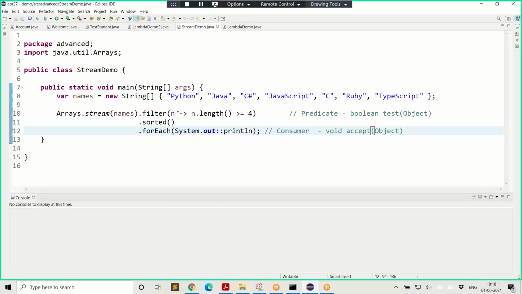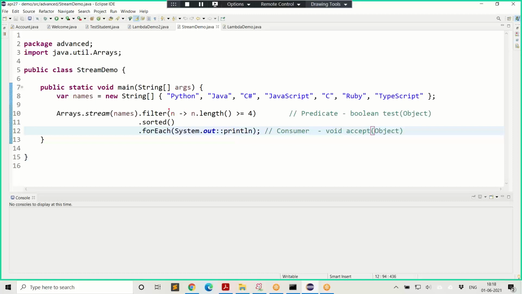Only then you can come to this, because in this context we use lambdas left and right. So you need to be comfortable with lambda and also things like method reference and so on. So this is where I'm saying take each and every name and if the length of that is greater than or equal to 4, select it.